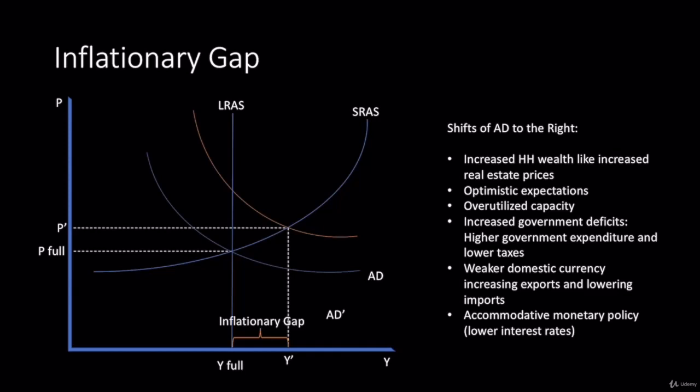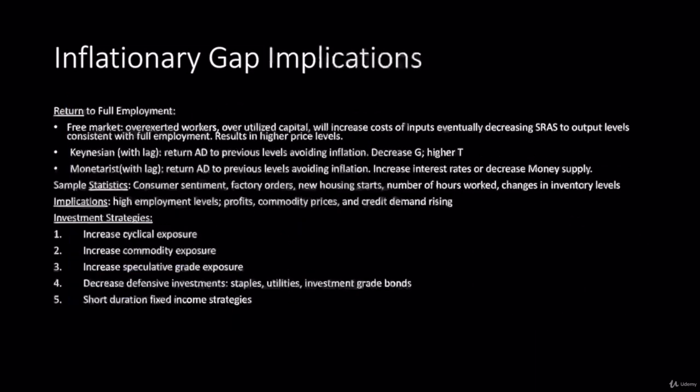So what could you see in this case? Well, if that happens, employees were already at full employment, so employees are probably going to be overworked, with overtime and extra shifts. Machines are going to be heavily used. Likely, we're going to see excessive depreciation of capital in those cases, and those levels cannot be sustained over the long run. And eventually, things will have to go back down